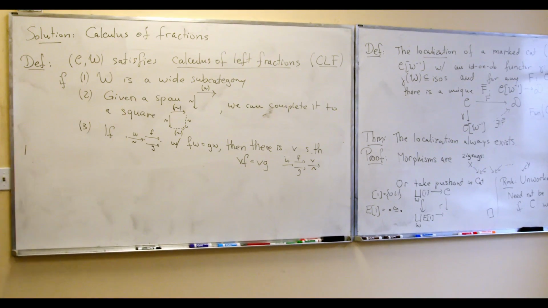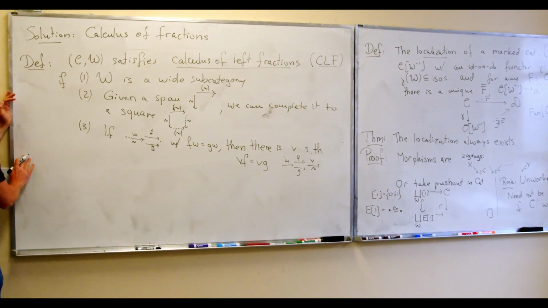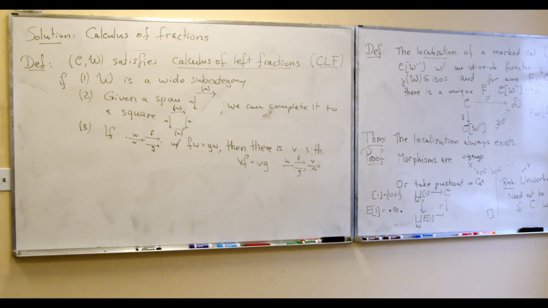There's a question. Yes? Does W have to contain all isos? No, not necessarily. Not for this term. So it doesn't need to be a saturated class. It doesn't need to satisfy 2 out of 3. So in practice, first of all, you don't need to invert weak equivalences. They're kind of already inverted, but